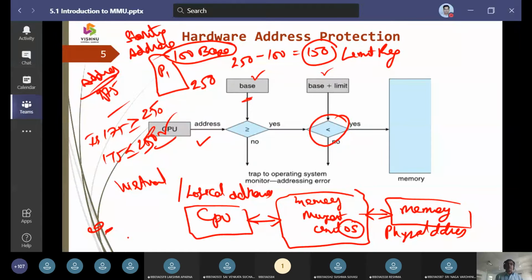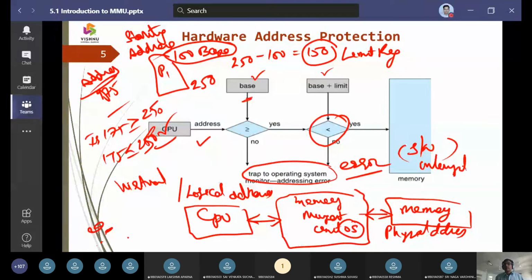Otherwise, it is going to generate an error, and that error we call a software interrupt. Software interrupts, we call them traps here.